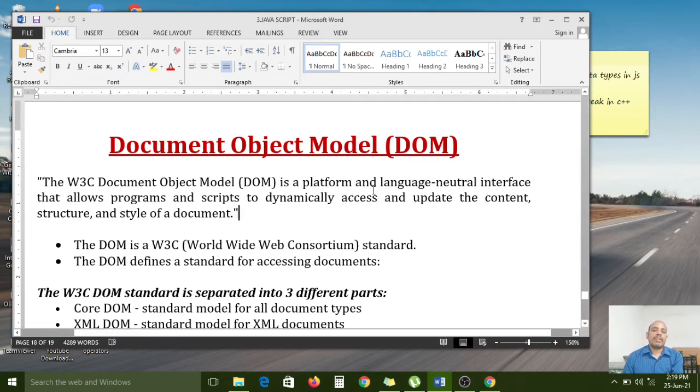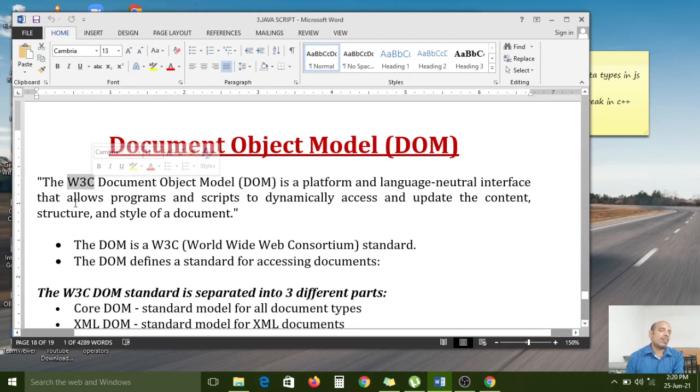Each and every platform can use it directly without any interruption. It is the common object model for every platform. That's why it is called a platform and language neutral interface. And this document object model was invented by the W3C organization.